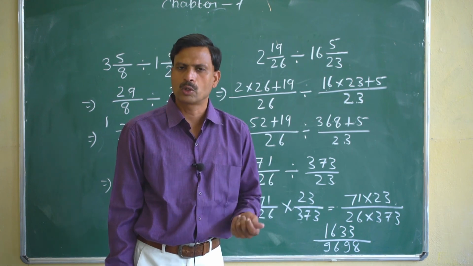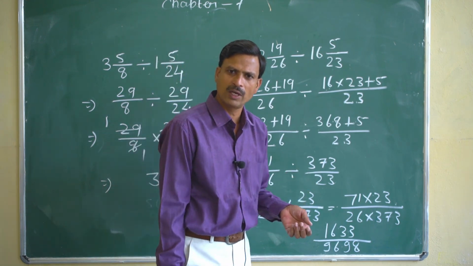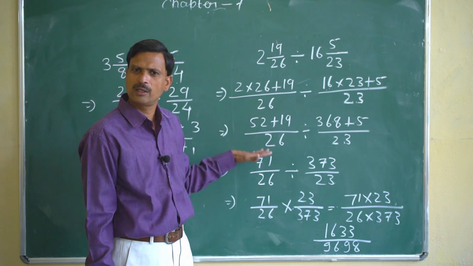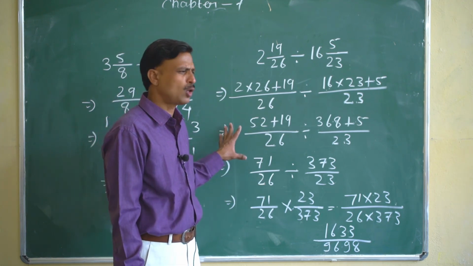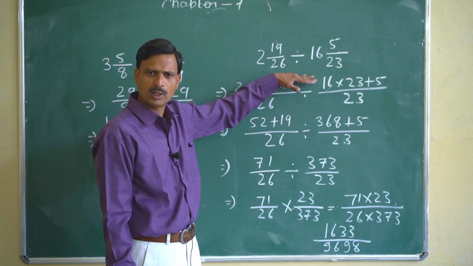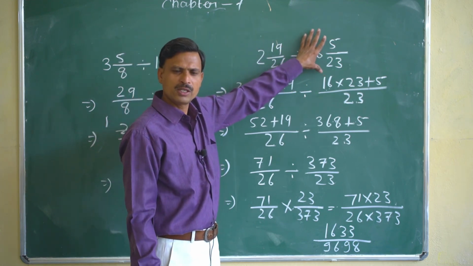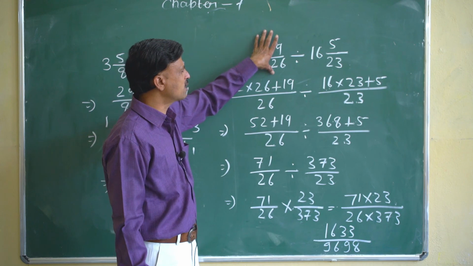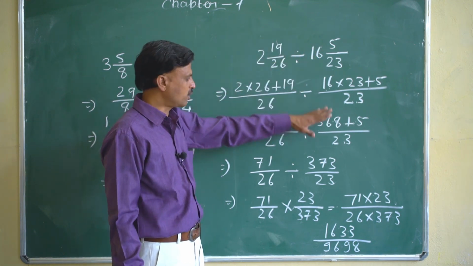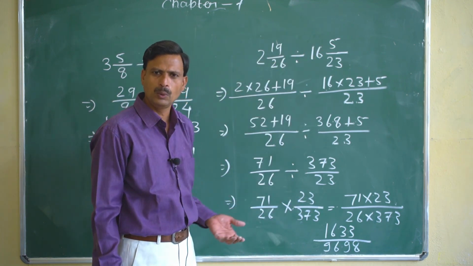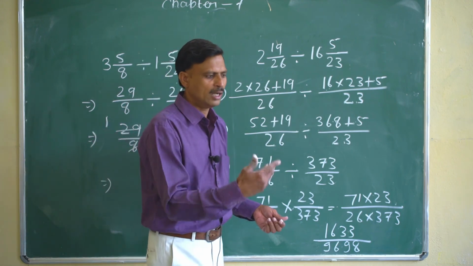Got it? More questions, the next type of question we are taking now. I hope you have understood it better right now. So this process will be the same for all these similar questions. Only the number is changing. In the other question you'll see the number is changing, but the process will be the same. So you can do it, we have already sent the PDF. Next type of question.